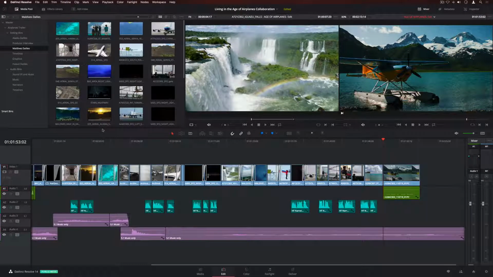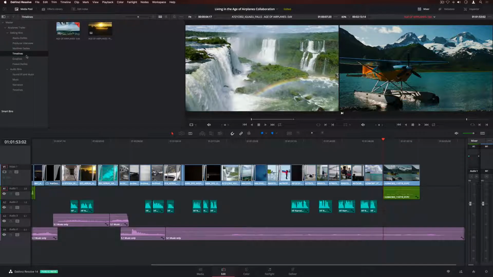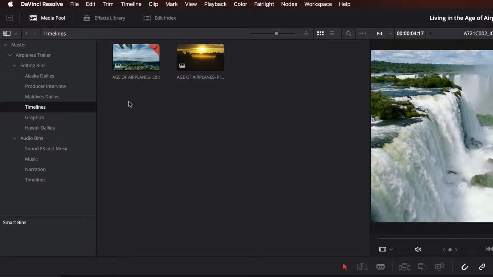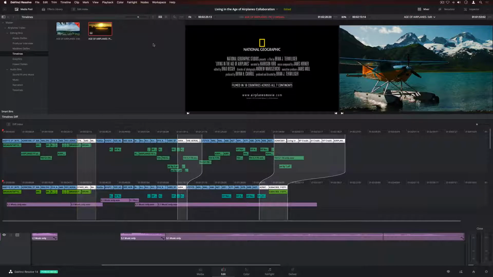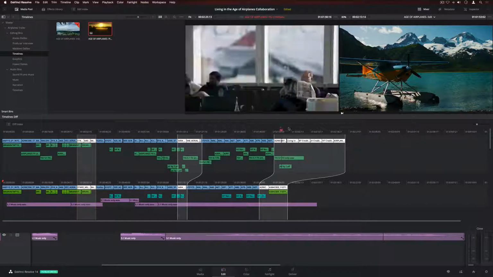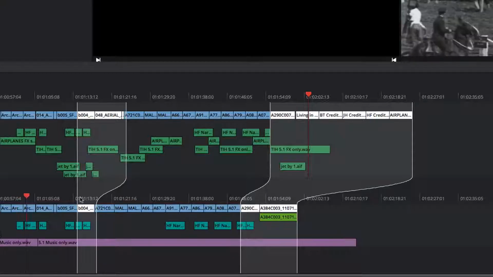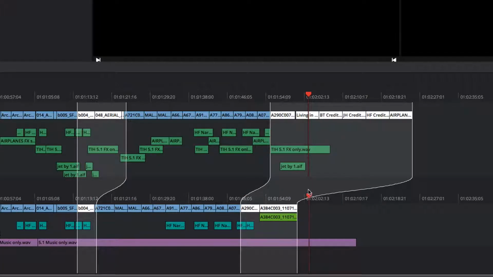If you want somebody else, like an assistant or a sound editor, to work on your timeline, you can duplicate it, continue working, and then merge the changes using the timeline comparison tool. The comparison window shows a graphical representation of both timelines, with the differences highlighted. You can scrub through to compare the timeline